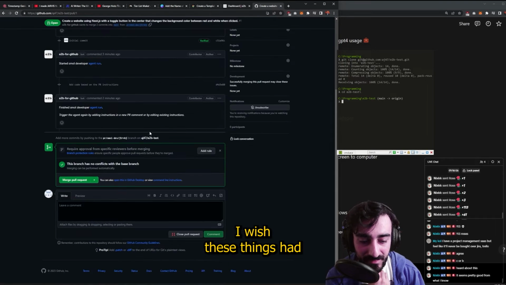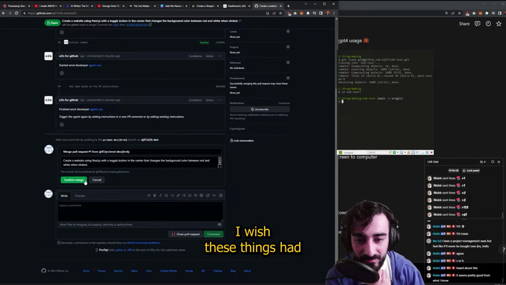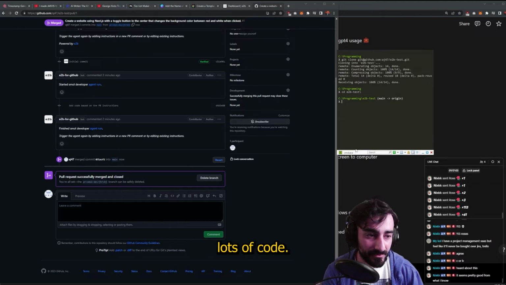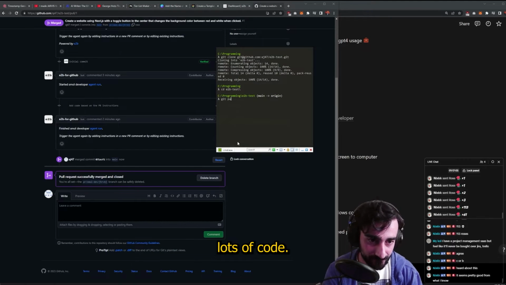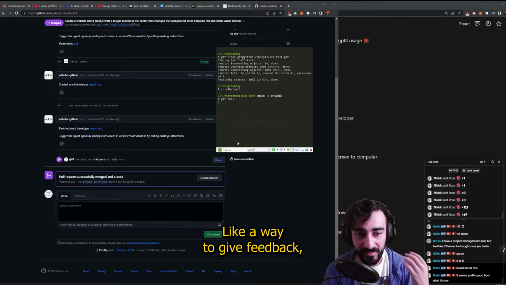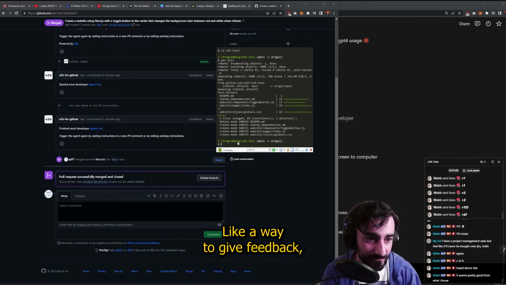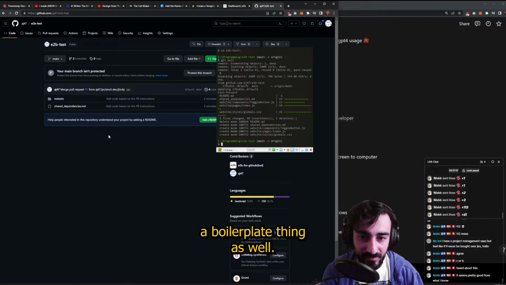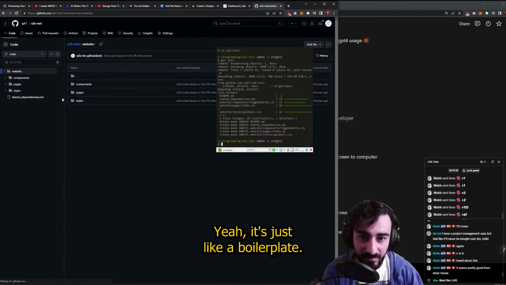I wish these things had, what's it called? Like a way to give feedback. But it doesn't look like this one does. It's more like a boilerplate thing as well. Yeah, it's just like a boilerplate,